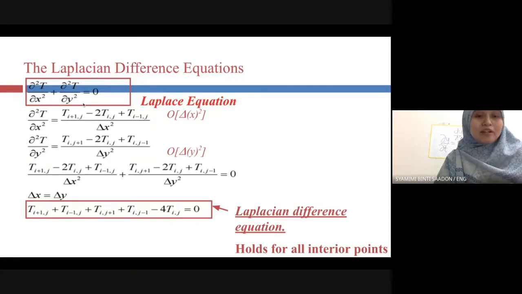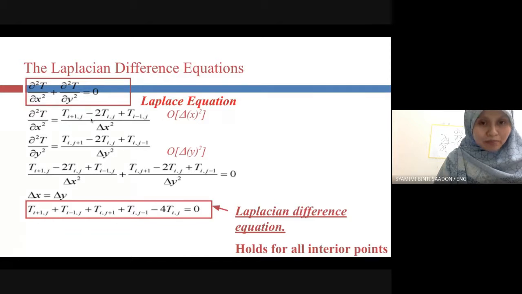So we use the Laplace equation because it is an elliptic equation. What does the Laplace equation say? It is a second order partial differential equation. For example, here T depends on two variables, x and y. This is the Laplace equation. So this Laplace equation can be discretized, can be developed,